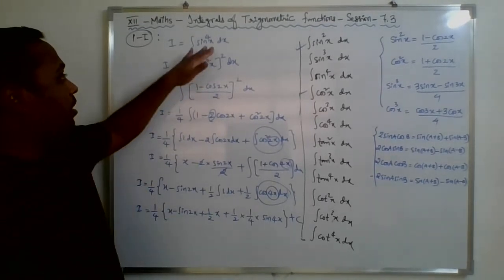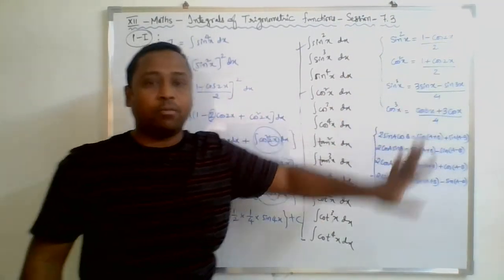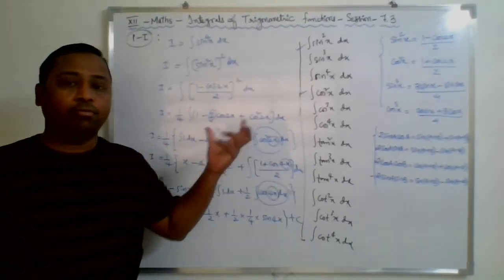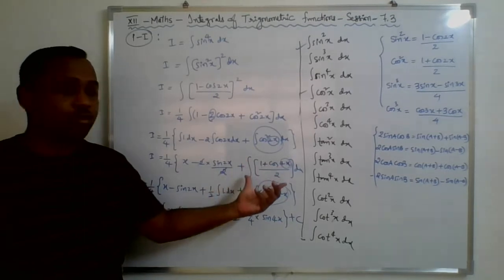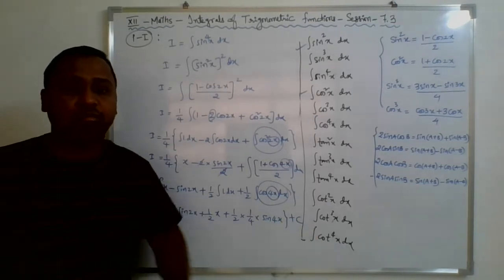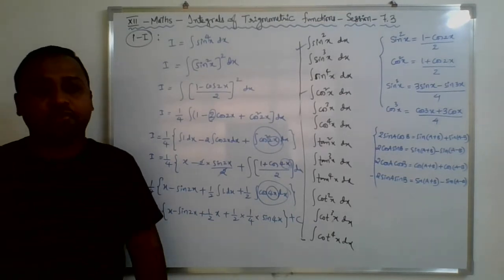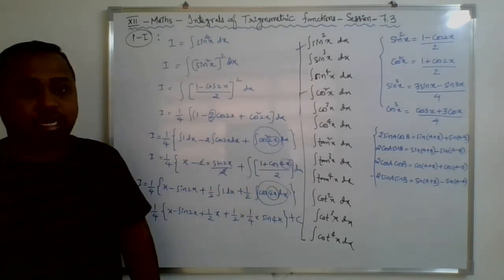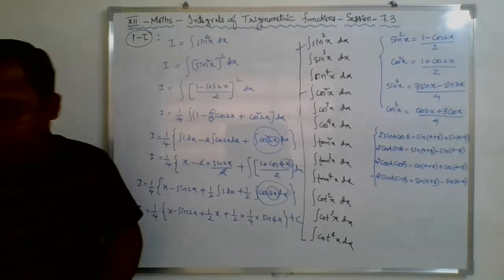So you may go with any power like this with the help of these four formulas repeatedly. As the power increases, you use the same formula two to three times. Nothing else. Expand it, and wherever possible, split the fraction into the simplest fractions, distribute the integral, and solve each part separately to get the final answer. Nothing else. Now we'll go with tan square x, tan cube x and tan power 4x. In a similar manner, you can go with the rest of the questions.